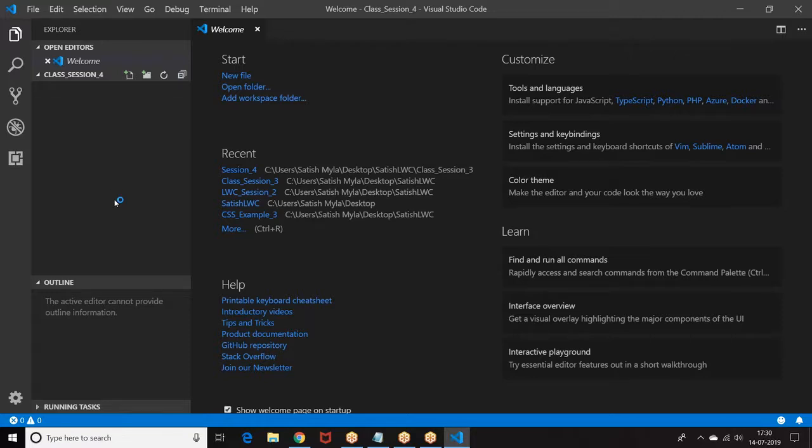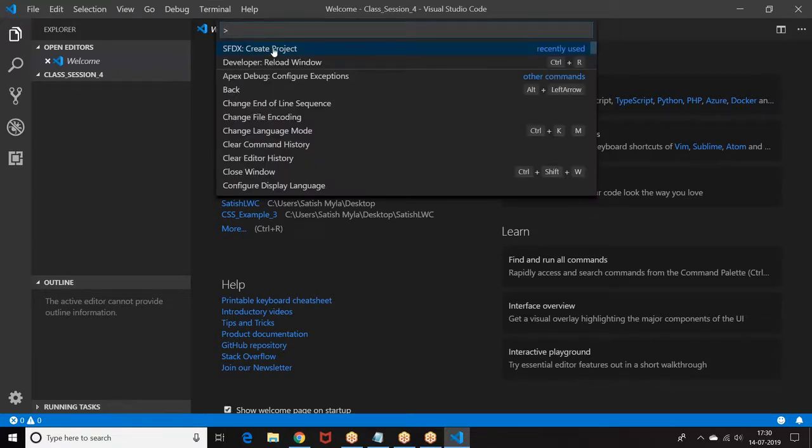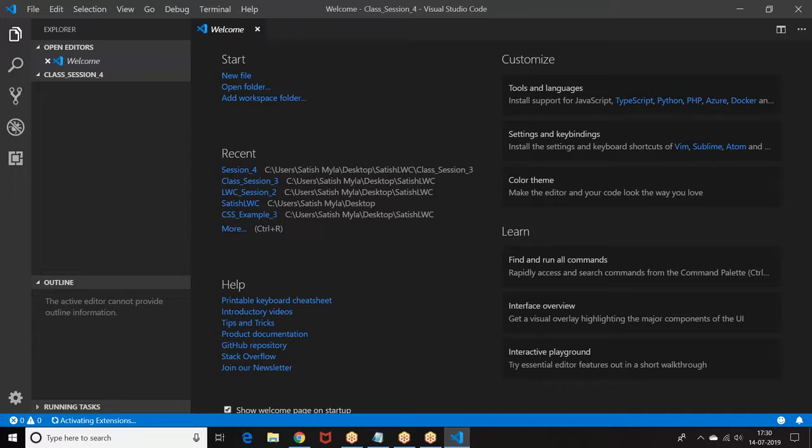Let the file be loaded properly. Create project. But it's taking a lot of time.